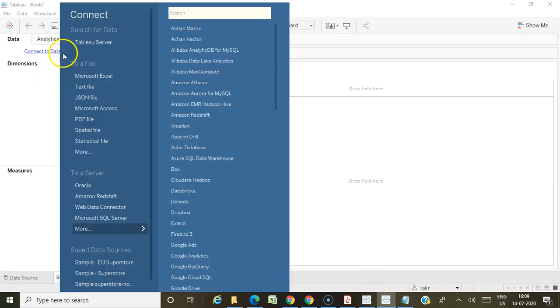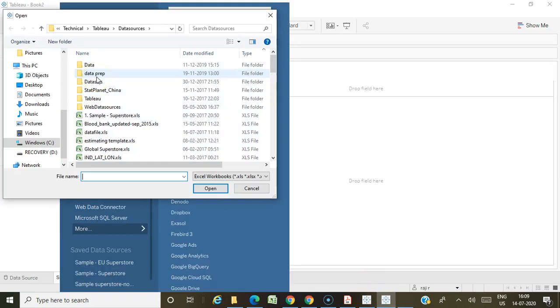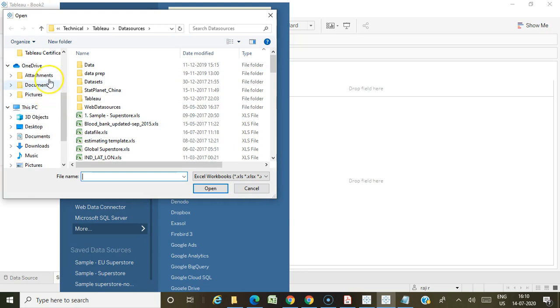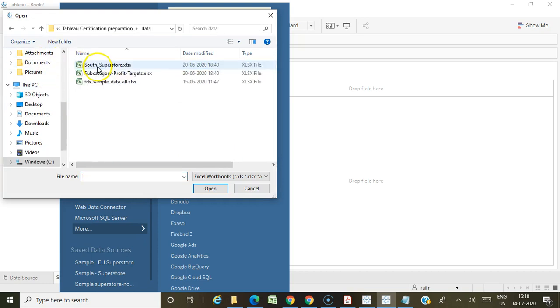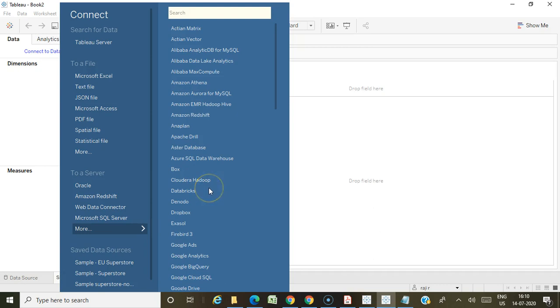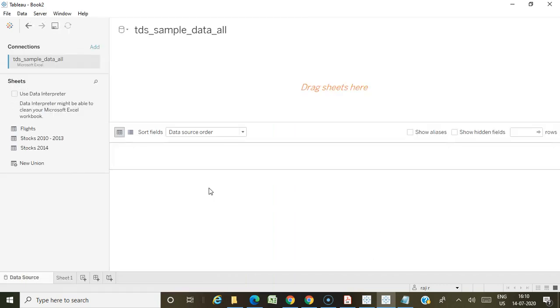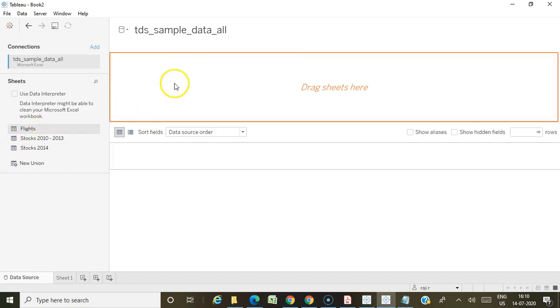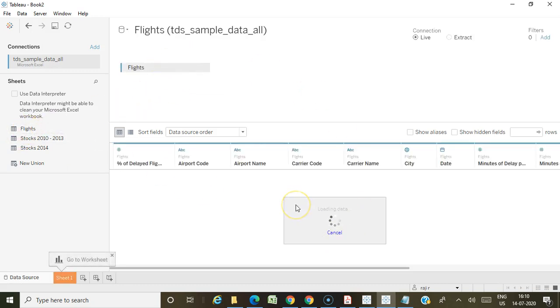I'm going to connect to the data set first. You will be provided with sample data sets when you are doing the certification. Here I am taking the flights data set.